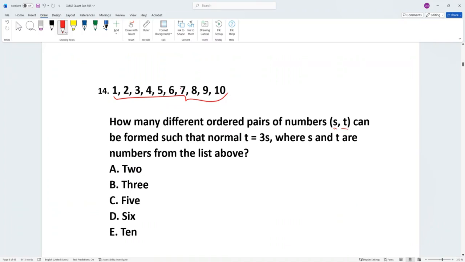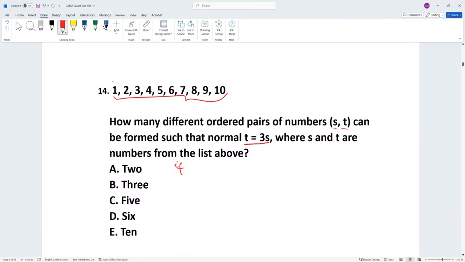One way to do that is to find the value of T based on the value of S. We know that S must be part of this list, so we are going to try with the first